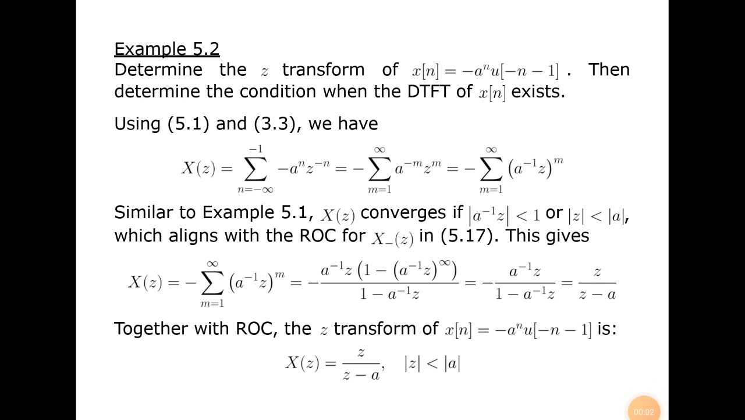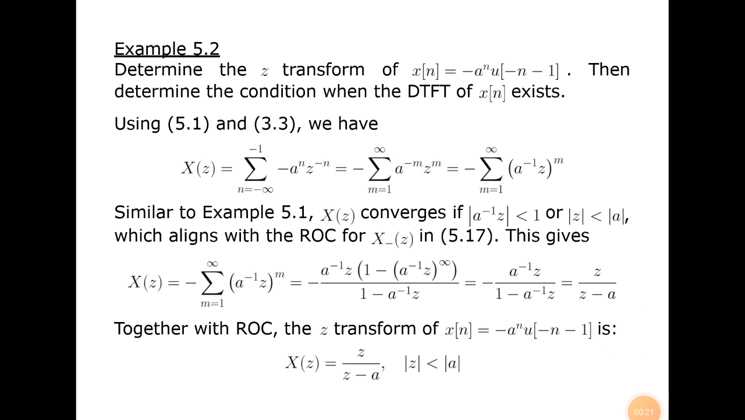Good morning students. In this class we are going to discuss how to determine the Z transform of x of n equal to minus a power n into u of minus n minus 1. Then determine the condition when the DTFT of x of n exists. So here the formula is x of